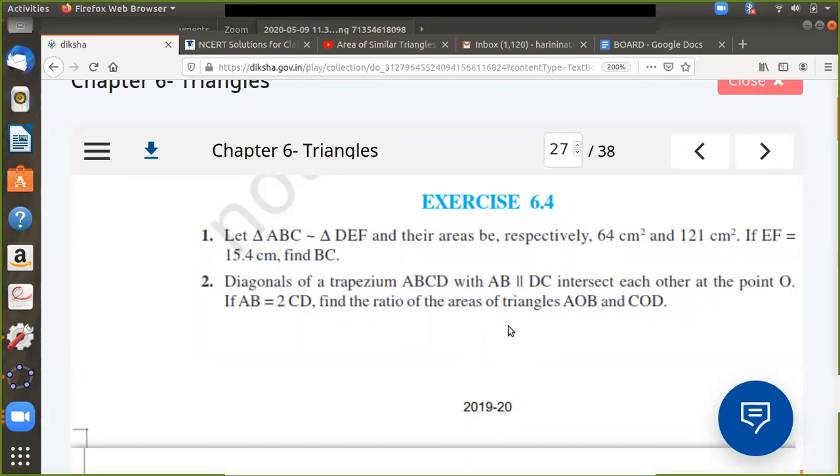So don't directly go and tell, okay, area of triangle AOB divided by area of triangle COD is dash dash dash. Unless these two triangles, always remember, areas are taken as a ratio only for similar triangles. Very, very important thing that you have to remember. This is how they will test you. Whether you know that the two triangles have to be similar, they will keep on testing you. So you must be smart enough to show that, yes, first I will tell that they are similar using a criteria, and then I will go about using the theorem.